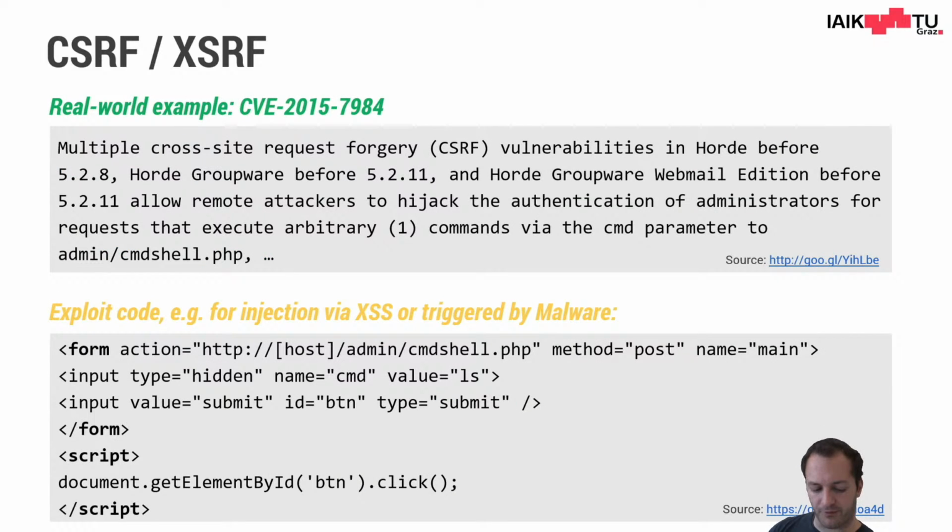To give you a real world example, Horde was a very popular web mailer, and it also suffered from such a vulnerability. Horde had a file called cmd shell PHP. I know this is stupid, to include a page to feature admins with a shell in PHP, but still. So there was a shell that was accessible for admins, while a regular web user, a mail user, would have no access to that. But